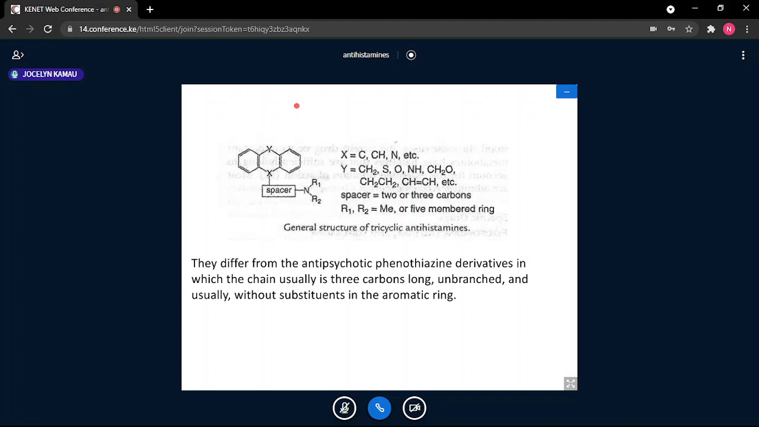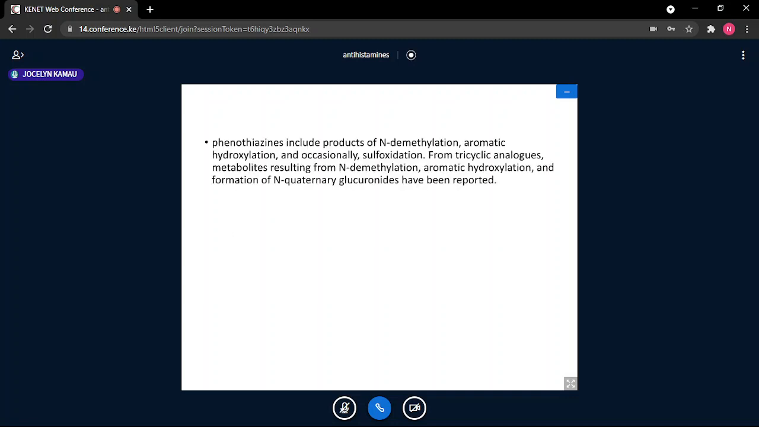And therefore, because the difference is very minor, you can have a lot of toxicity, because when you give an antipsychotic, it can also bind another receptor which it was not supposed to bind. So that's the structural difference, the general structure activity relationship of tricyclic antihistamines, even as we look